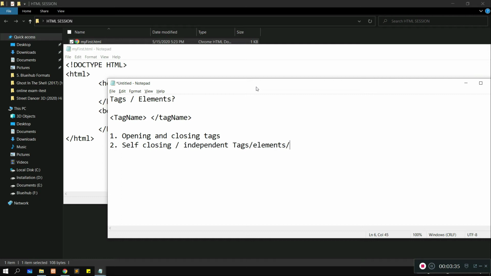Inside these brackets, the less than and greater than symbols, the tag name is there.